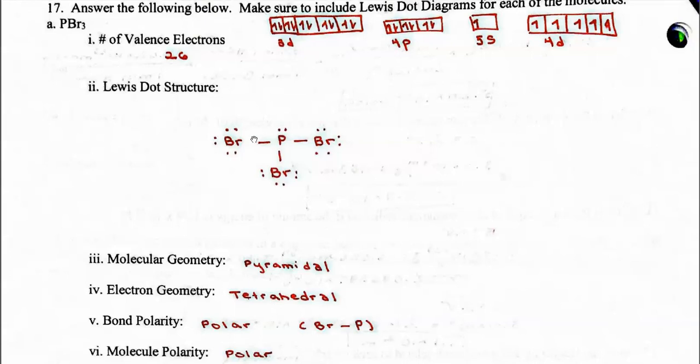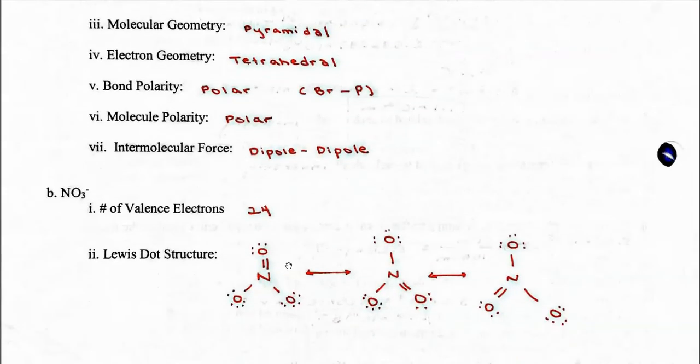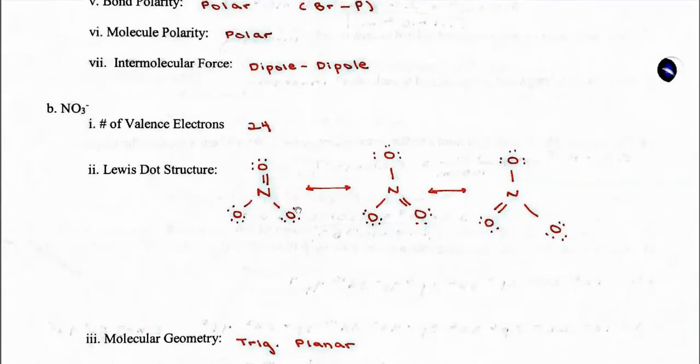The bond is polar because if you look on either side of just one bond, if they're different elements, it's polar. The molecular polarity, it is polar because these are pulling but nothing's pulling up, so it's going to be polar, and therefore it's dipole-dipole. For NO3, to make this work, you've got to use 1 double bond, and if you